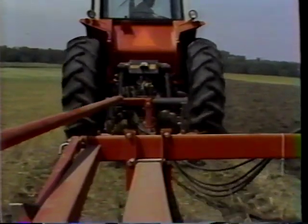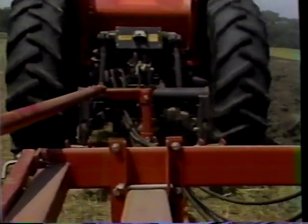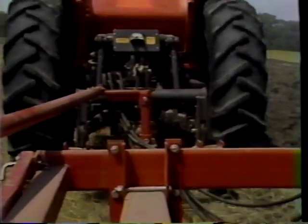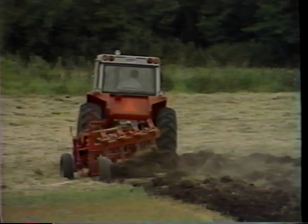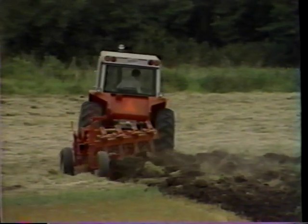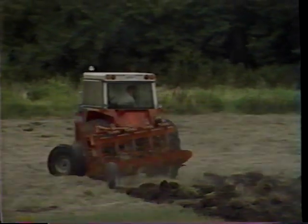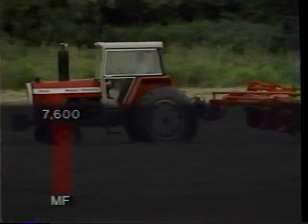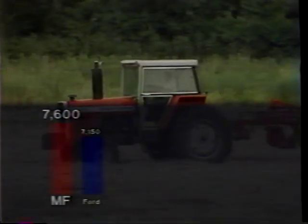The differences between our 3500 series tractors and the competition become even more obvious when you compare hydraulics and 3-point hitch control. In terms of sheer lift capacity, the competition can't match the Masseys. All three 3500 series tractors have a lift capacity of more than 7,600 pounds at a point 24 inches behind the ball ends. Compare that power to 7,150 pounds in the Fords,